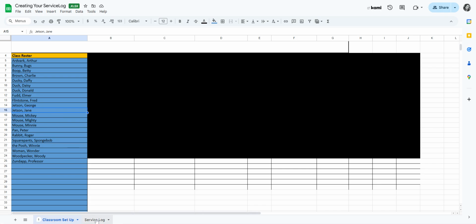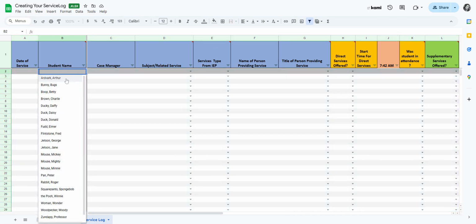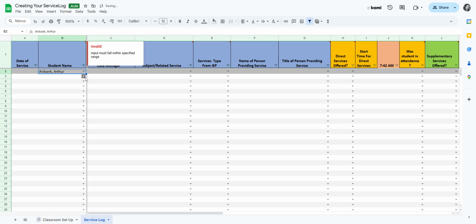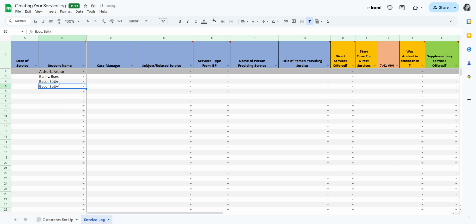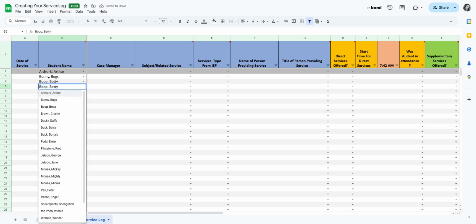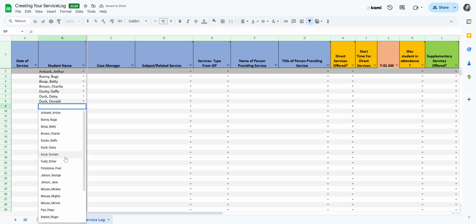Once you have that in, you head over to your service log and you want to pull those students in. So under the student name, there are drop down boxes and you want to pull them in this way. So you'll have them in as a drop down. Go ahead and click on each one and pull them in. If you happen to pull in the same child, just go ahead, we're human, and fix it. No big deal. So pull in each child until you have all of them